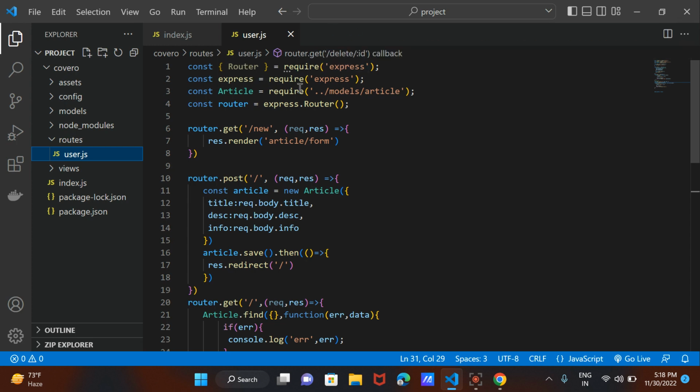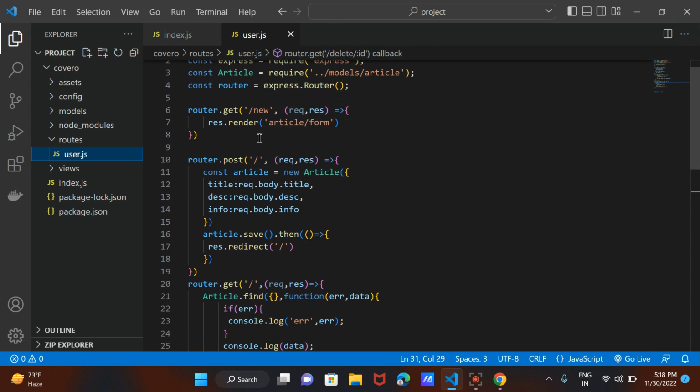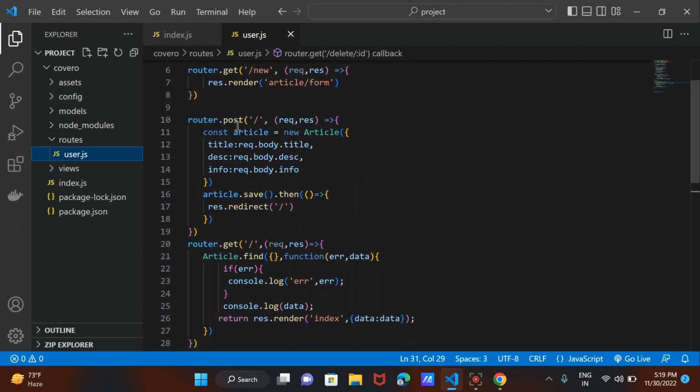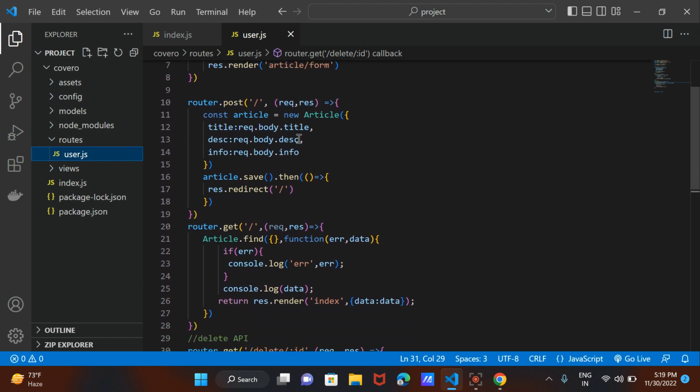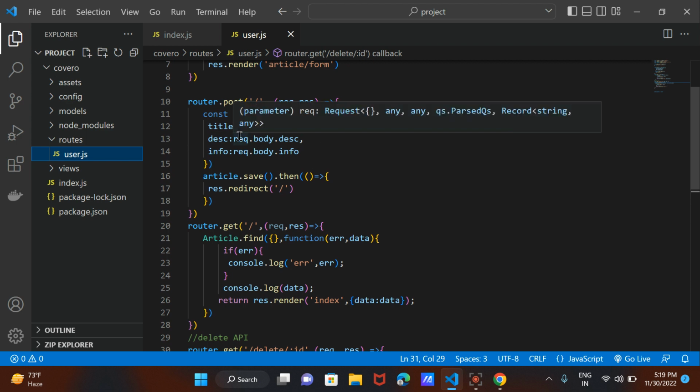First we require router, then express, then article. If the user enters slash new, then it will send the article form page. Then it is the router.post request article, and this information is sent to the home page. Suppose the writer writes the code in there, then this information will be shown in the home page by using